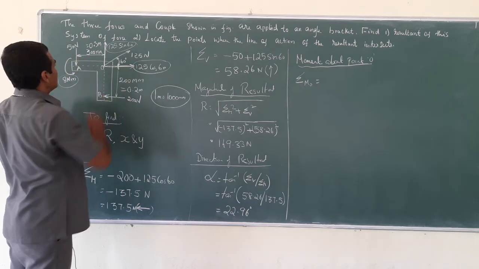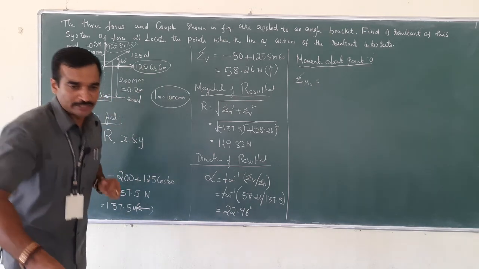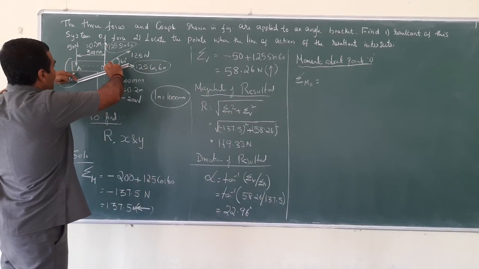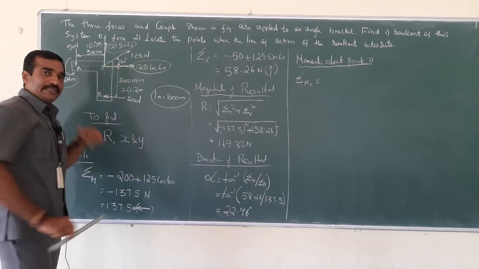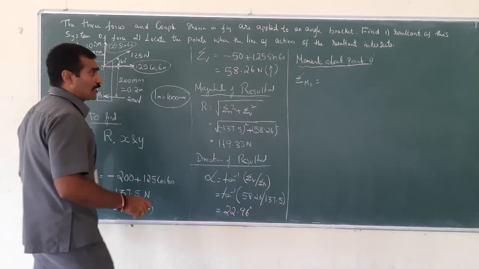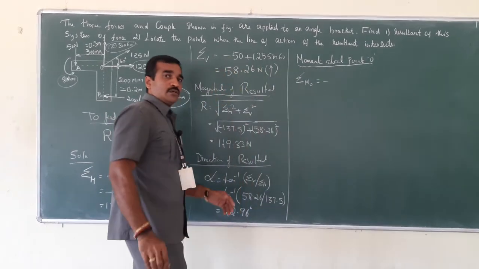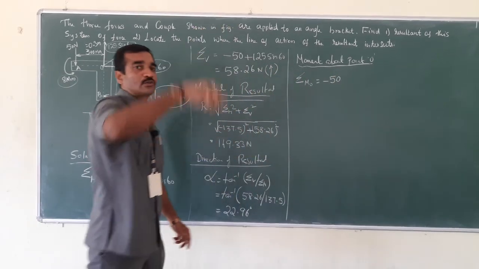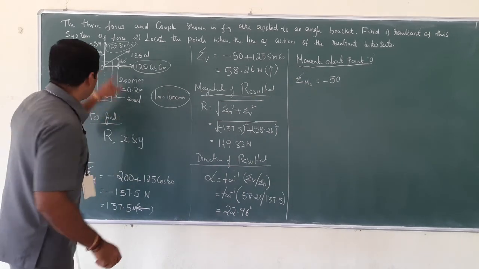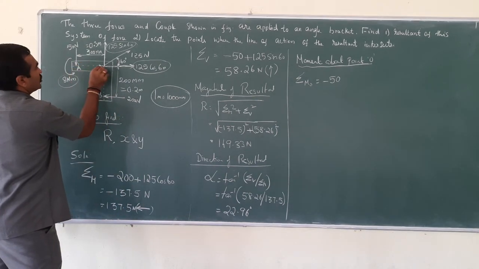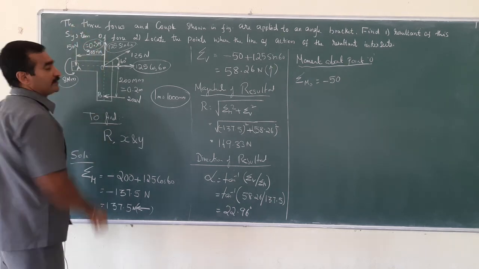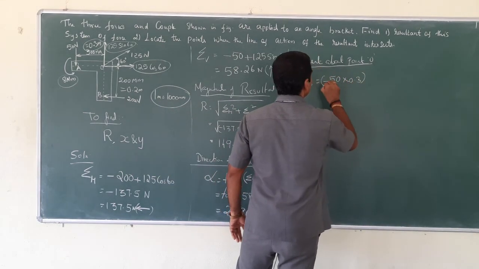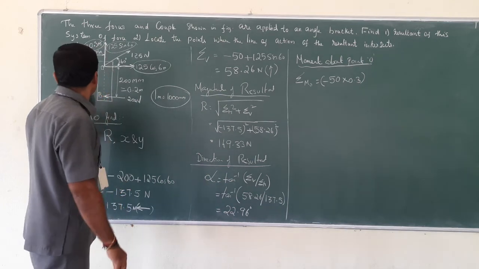It has force but it doesn't have the perpendicular distance, isn't it? So let me consider this force, which is 50 Newton. 50 Newton is acting here. When you apply the force, the moment will have the tendency to rotate the object in the anti-clockwise direction, which will have the minus notation. Moment is nothing but force into its perpendicular distance. Force is minus 50 because it is rotating in the anti-clockwise direction. What about its perpendicular distance from the origin? This perpendicular distance is 300 mm, which is 0.3 meter, so into 0.3. Let me now consider this one.